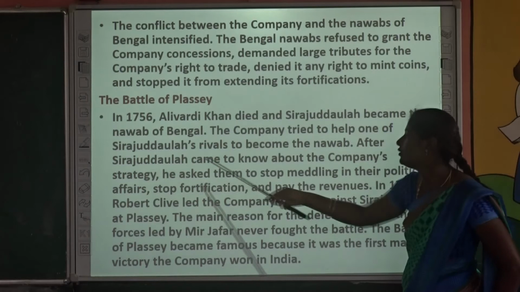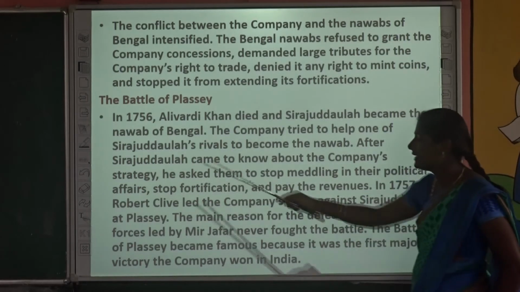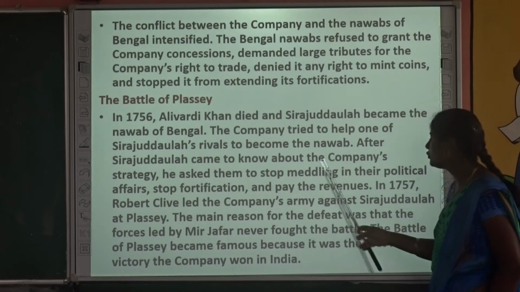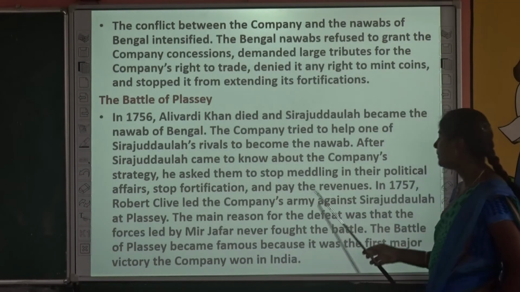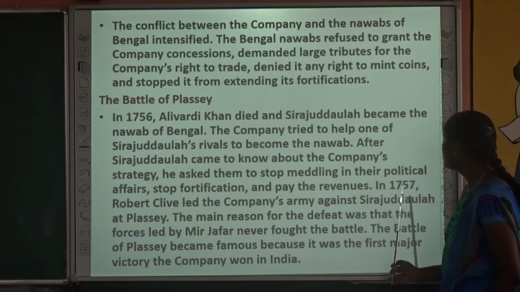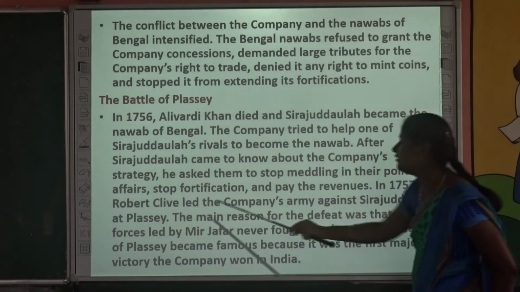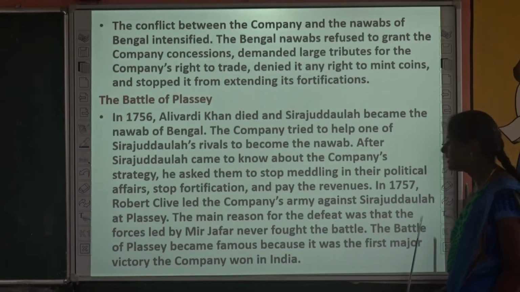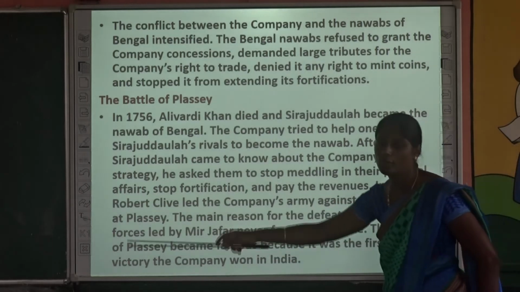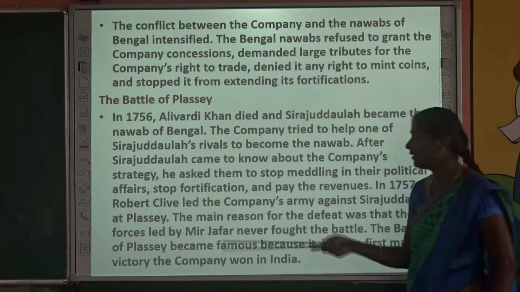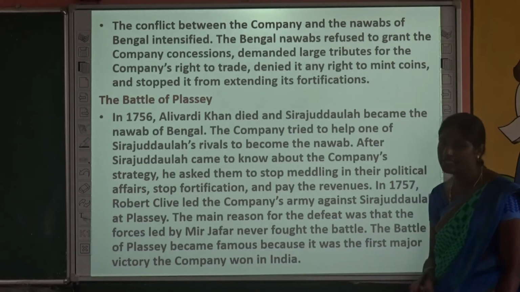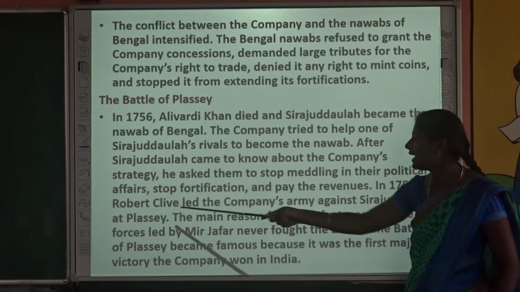After Siraj Dawla came to know about the company's strategy, he asked them to stop meddling in their political affairs, stop fortification, and pay the revenues. In 1757, Robert Clive led the company's army against Siraj Dawla at Plassey. So Plassey is a place in the conflict. In the conflict between the Nawabs and East India Company, Robert Clive led the